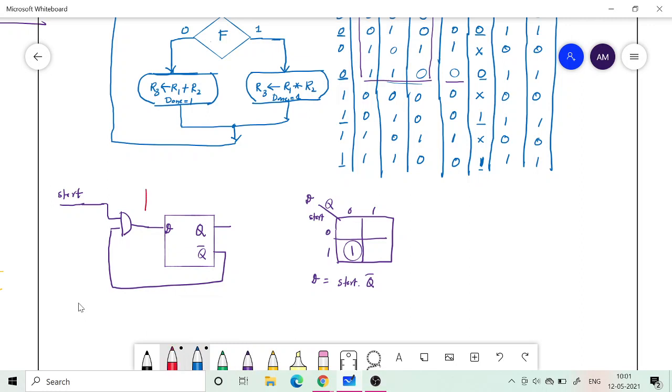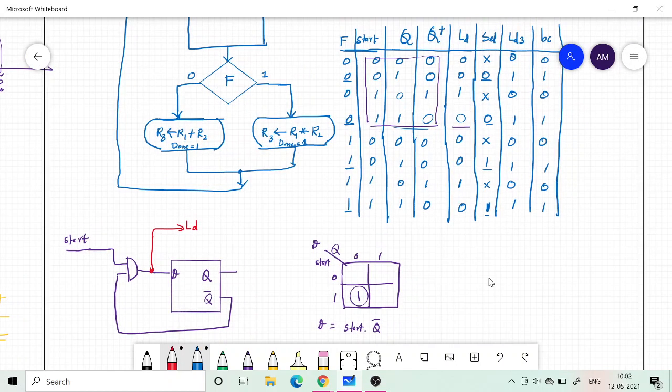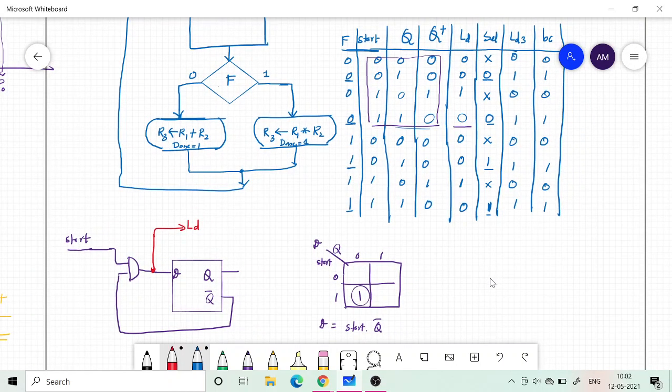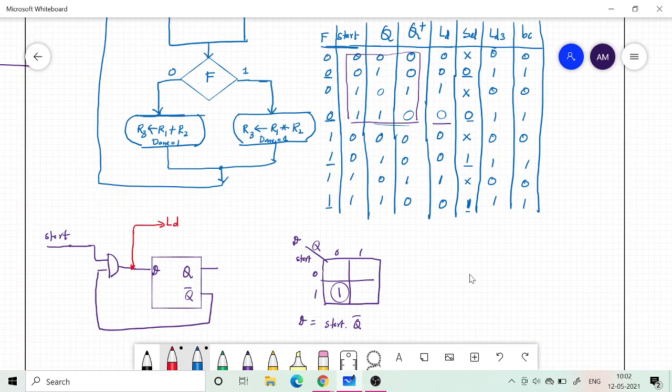So this is my LD. I used a capital letter there. This is my first control signal. Whenever start is 1 and we are at S0, that is the time we need to load. No other time do we need to load. So it will load the first 3 registers accordingly.